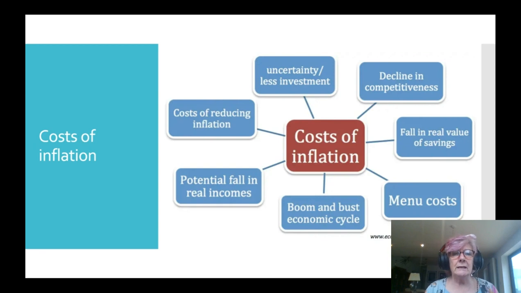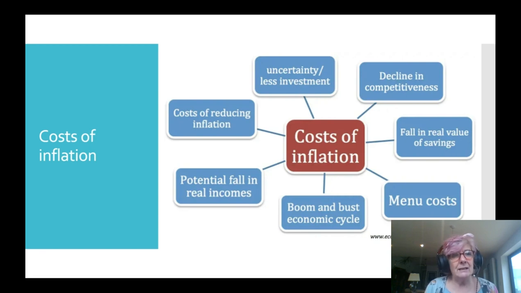So we've seen what causes inflation, but why is it a problem? What are the costs of inflation to an economy or to society as a whole? Well, probably the most problematic cost of inflation is that it breeds uncertainty. And when consumers and when businesses feel uncertain about the future, then they're likely to spend less and invest less. If we have high inflation in our country, then that might make our economy less competitive,